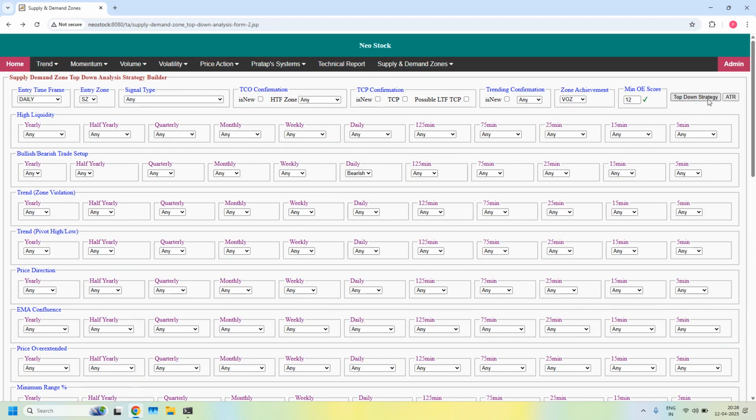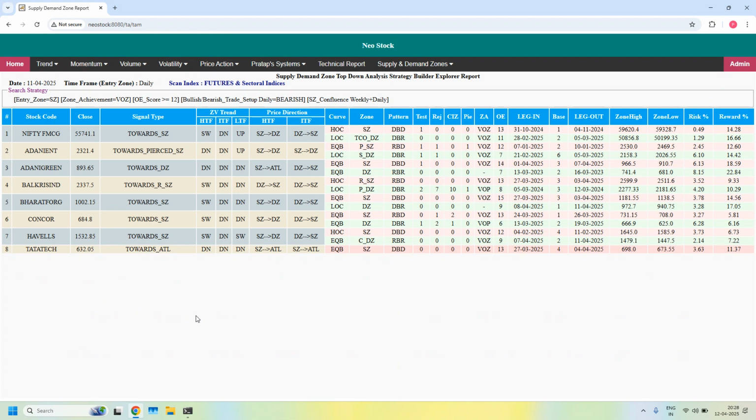So by enabling the filter, out of 8 stocks, we got all 8 stocks. That means in all the 8 stocks, these daily supply zones are overlapped with weekly supply zones. And also the weekly trend is a downtrend. So if any of the weekly supply zones are having weekly EMA confluence, then the overlapped daily supply zones might be having even much stronger